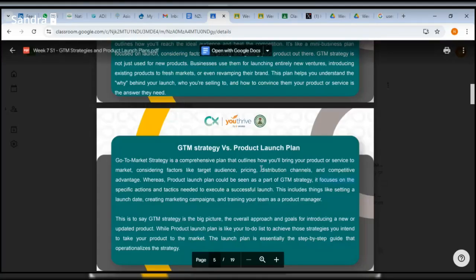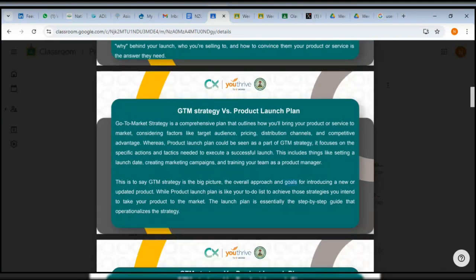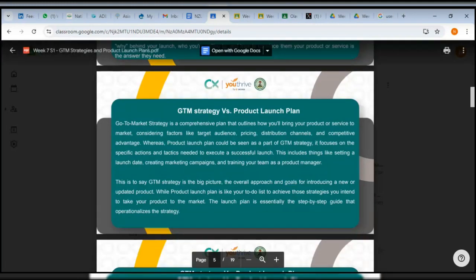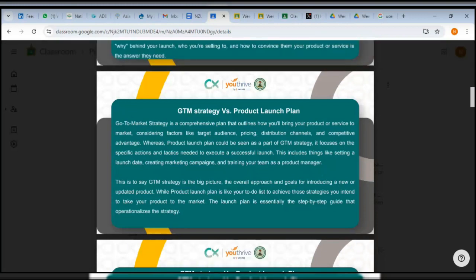It says here, go to market strategy is a comprehensive plan that outlines how you will bring your product or service to market, considering factors like target audience, pricing, distribution channels, and competitive advantage. So let's use